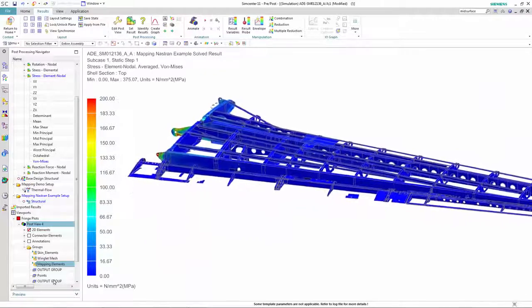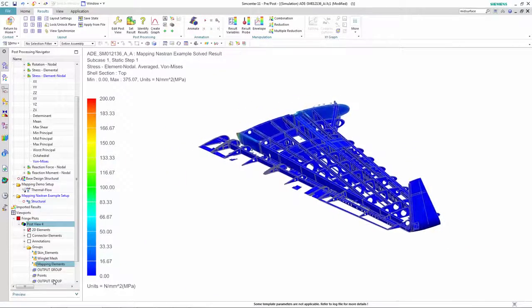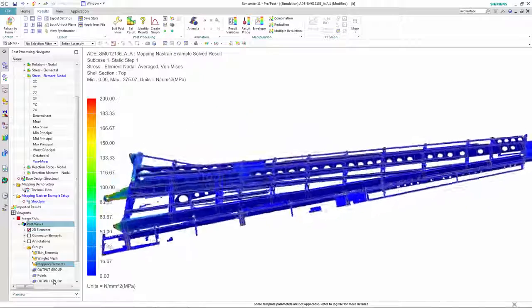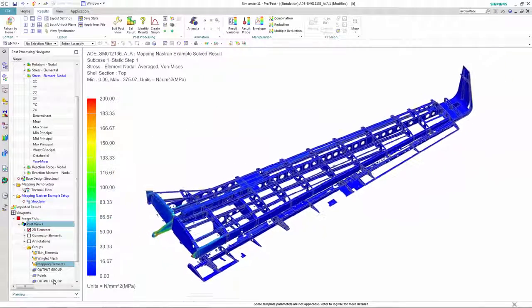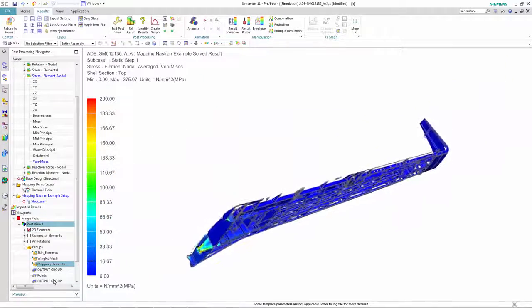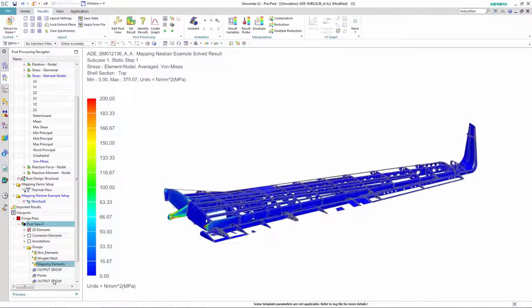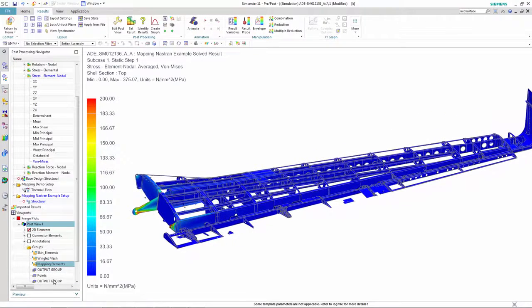But for now, let's focus on comparing the results of the design with the winglet to the base design. As you can see, the stress in the design with the winglet is slightly higher than in the base design. This is to be expected as the winglet is creating more lift and hence has more total force acting on